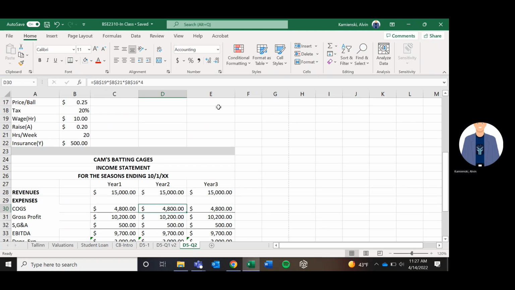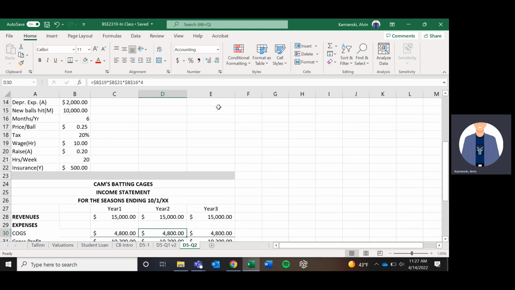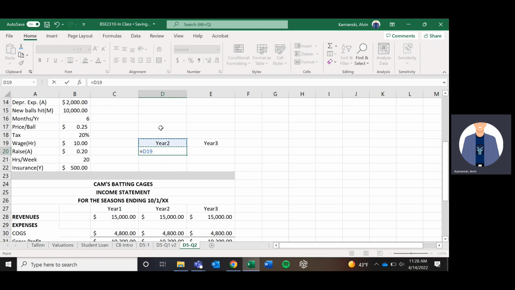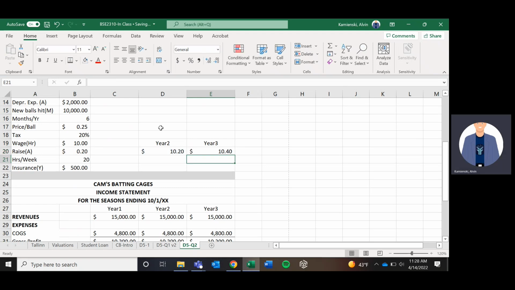Excellent. When he gets paid in the following 2 years, we could do something like this if we wanted. Year 2 and year 3, for example. How much will this kid get paid in year 2? $10 in his original, plus he gets a 20% raise, doesn't he? So in year 2, he'd make $10.20. And in year 3, he would make the $10.20 he used to make, plus a new 20 cents. So by the end of year 3, he's now making